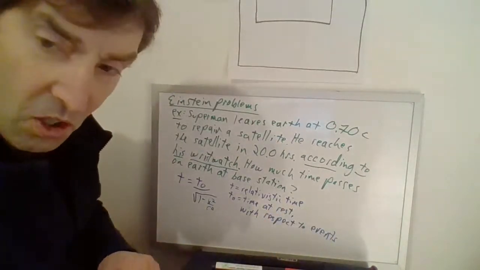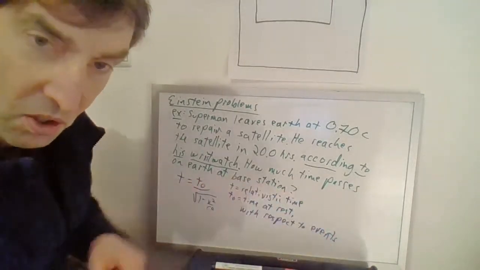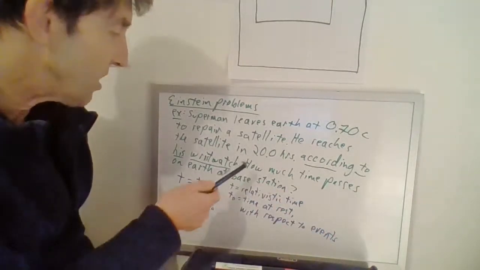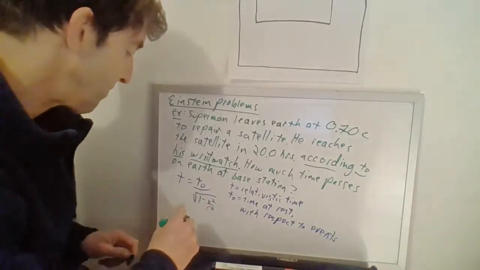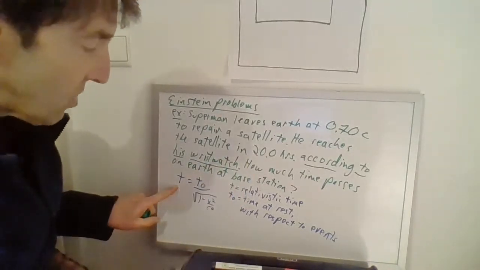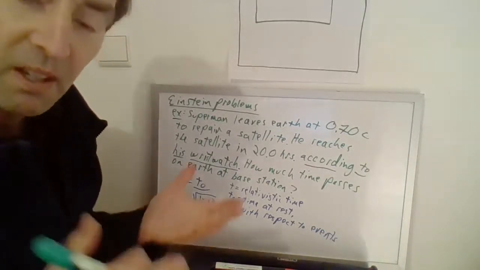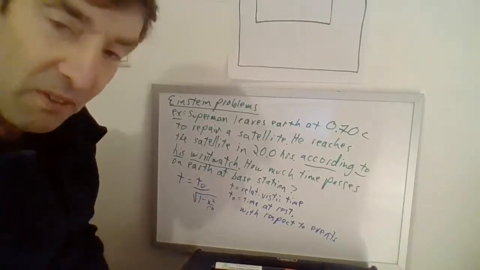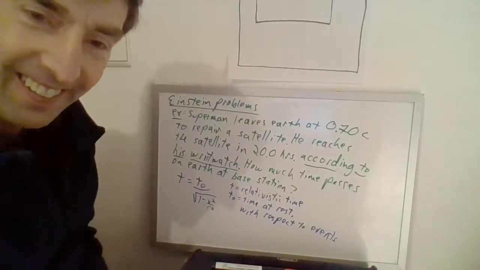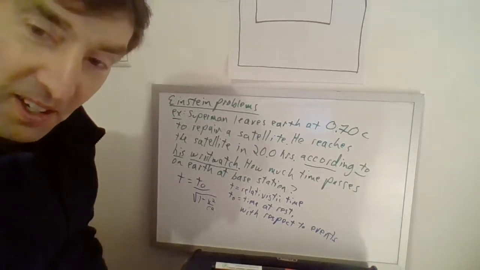Now, here's the tricky part of this. And this is the question I got for you, Ellie. Which t is the 20 hours? Where do I put the 20 hours? Is it the relativistic time or is it the time at rest with respect to the events? How about I take a guess? You got a 50-50 shot. More if you read what I underlined.